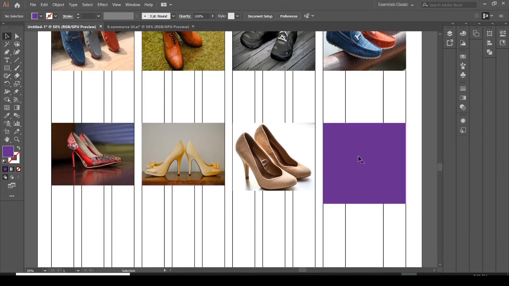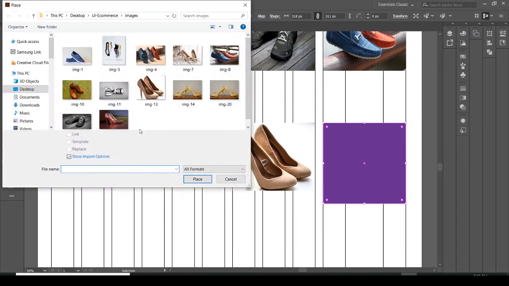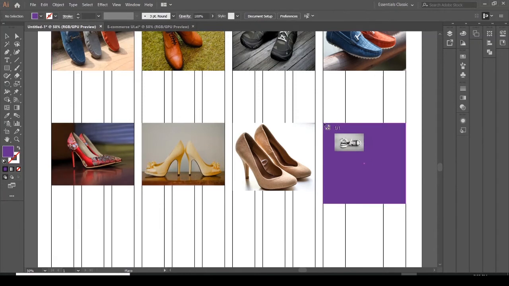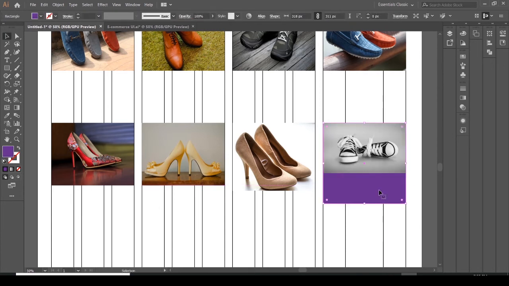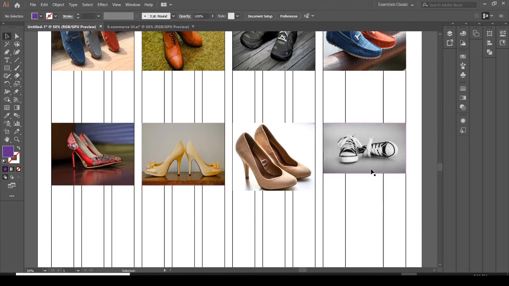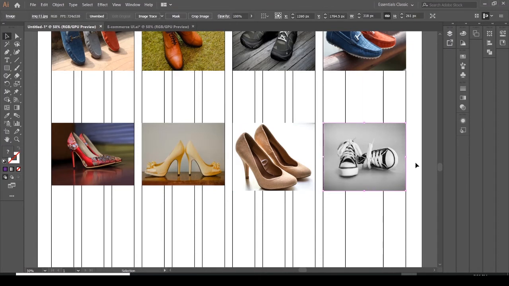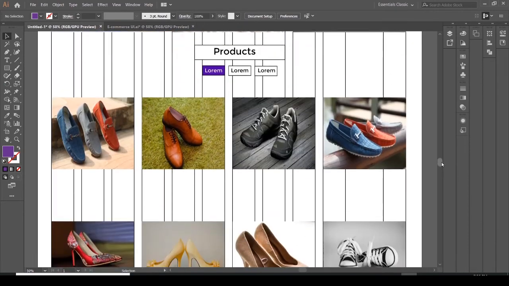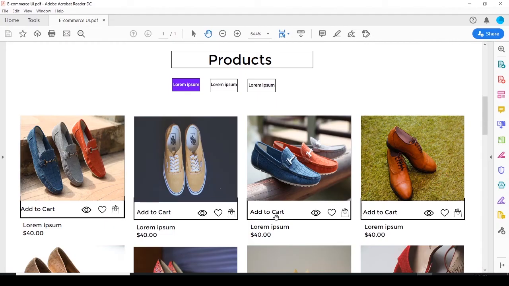And here the last image we want to place is which one? These sneakers. Okay, let me delete it. Okay, so we have the images here. Now let's have this